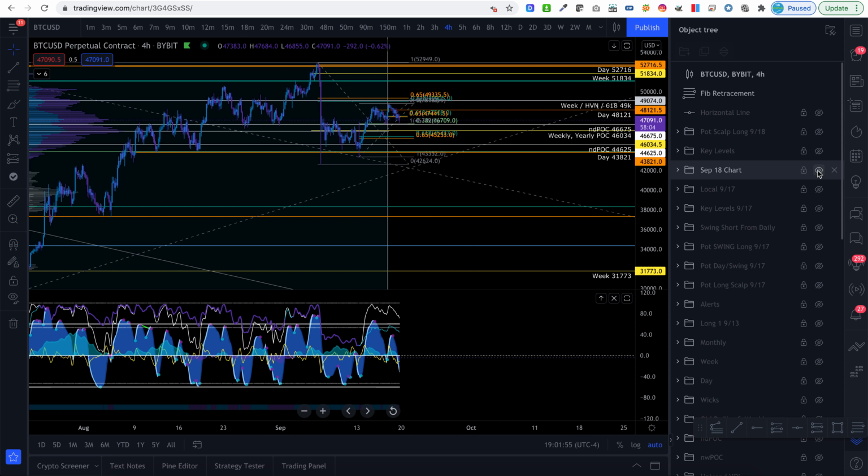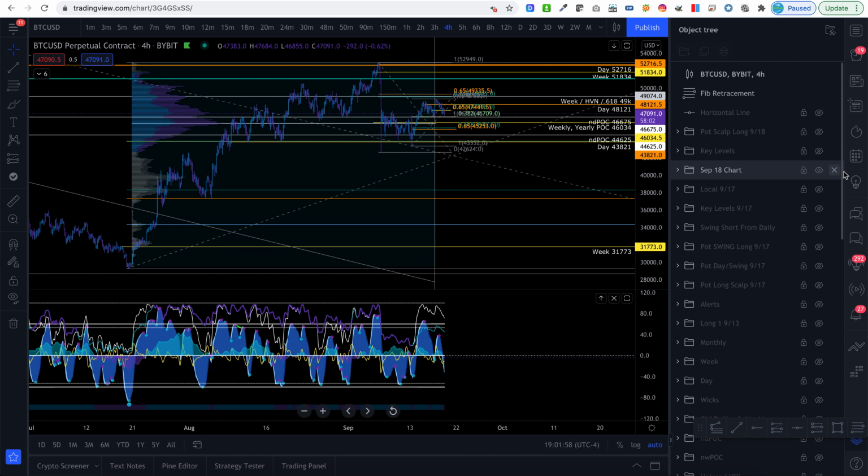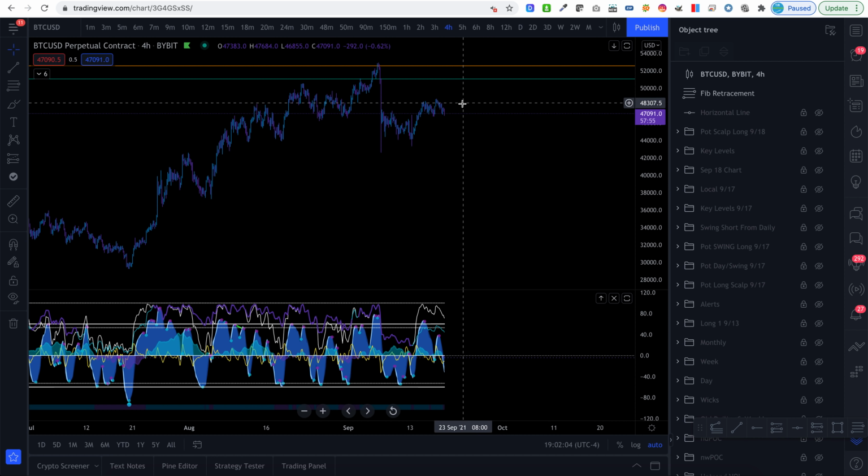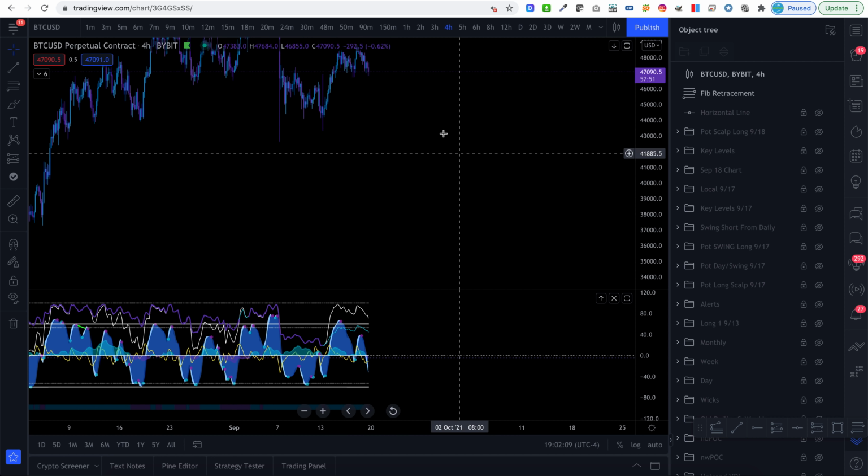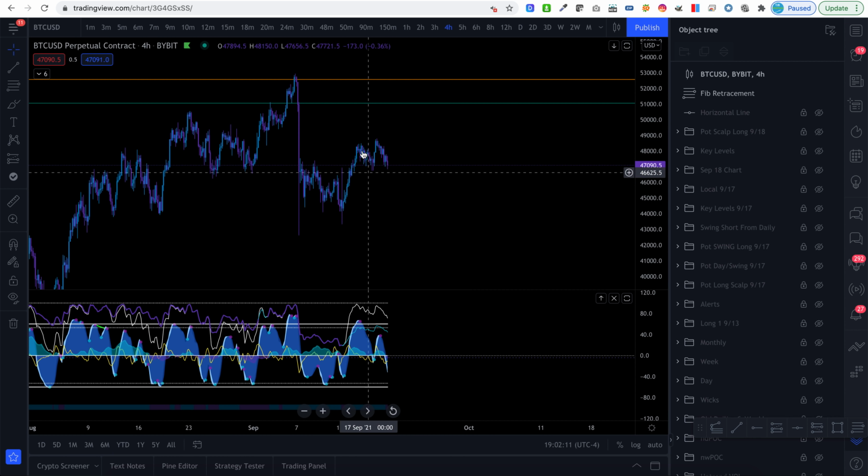So right now, this is my current Bitcoin chart. This is my full Bitcoin chart. These are all my key levels that I have on the chart here. And, you know, I have marked this up. I have done my analysis. I know where I'm already looking for a trade. So now all I have to do is set alerts, and when price comes down to one of those areas,